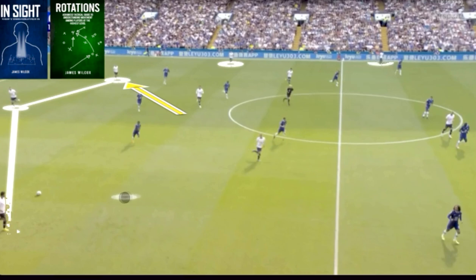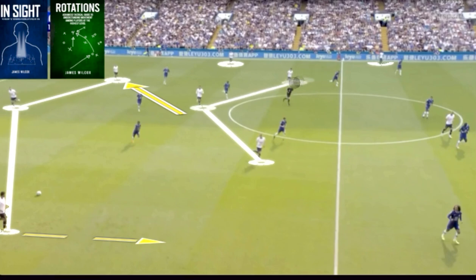one side. So then by creating this numerical overload on the left-hand side, Romero goes a bit higher and wider and allows him to actually progress the ball via dribbling up the field around the block of Chelsea. So with this, when he progresses forward, he'll then have a midfield three supporting him because of Højbjerg dropping deeper, trying to pull out a Chelsea defender or the midfielder, drawing them forward to then exploit this space between the lines, with Kane pinning two central defenders, allowing for Kulusevski and Son to then try and get on the ball